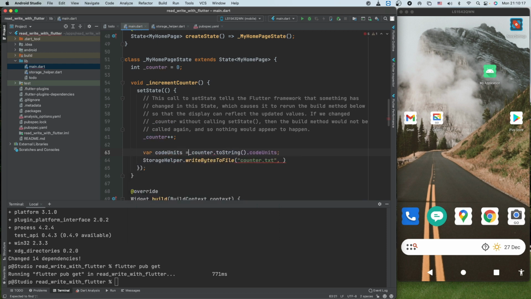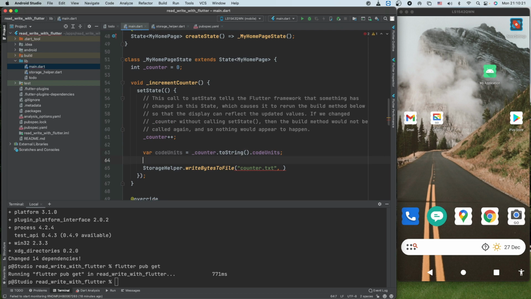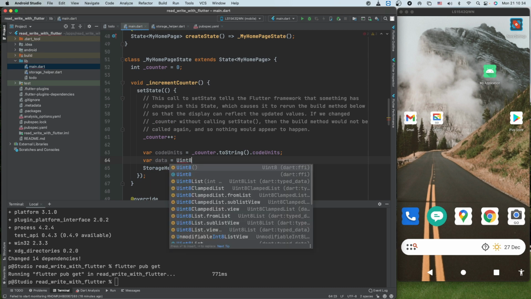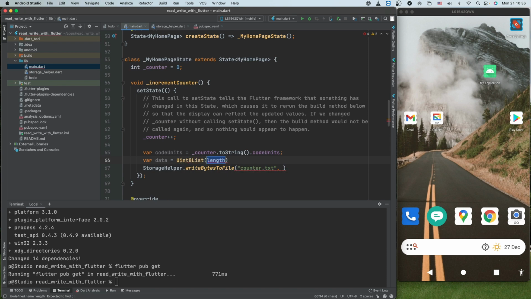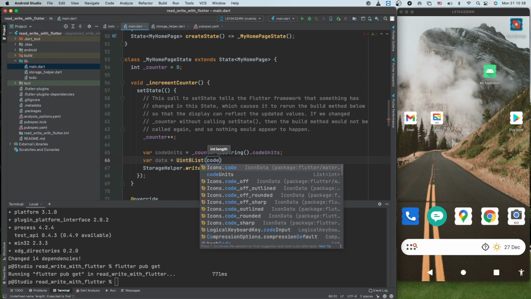Code units equal to this, and from code units we can get data to be written,